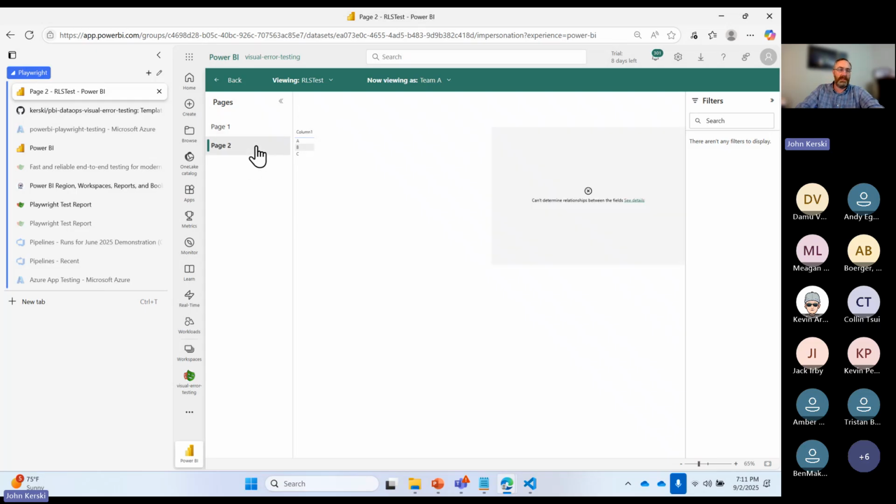Now, this is one or two pages, but I know a lot of reports I work with have 5 or 6, and then a bunch of different bookmarks. And then what you may need to do is click through all the pages and then switch roles, and click Team B, and then switch through to see if those have broken visuals. And that becomes really tedious. When you think about how many different permutations you have to check, that's a lot. And there's a good chance that you're going to miss broken visuals. On top of that,